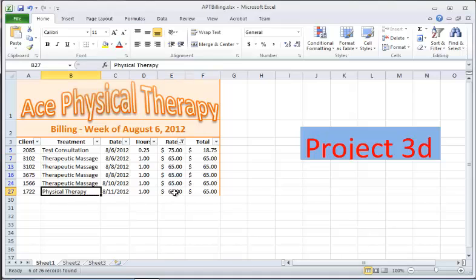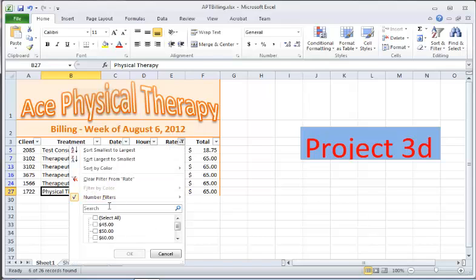They cost the same, but it is filtered actually by the rate and also types of treatment. Okay, let's see. And now let me go back and clear the filter,